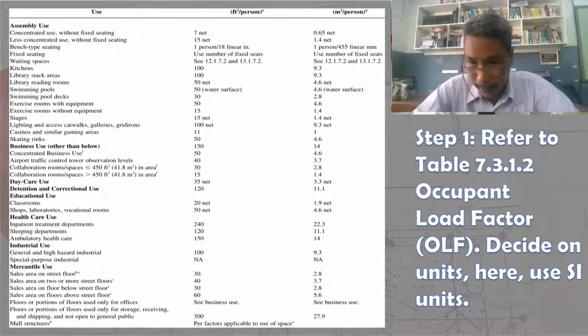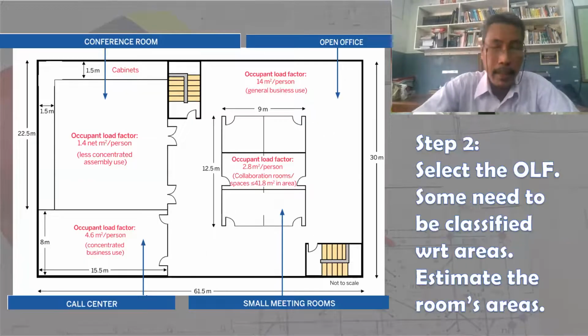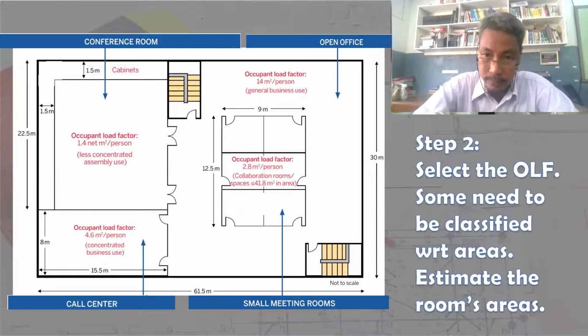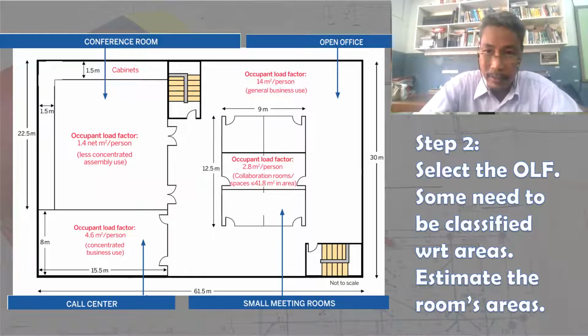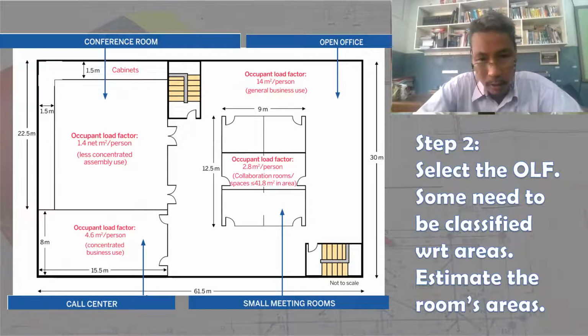So one by one, let us again select the overload factor, occupant load factor. So step 2, some needs to be classified with respect to areas. So we need to estimate some room areas in order for us to classify it properly, taking out the appropriate value from the table. For example, in this particular floor plan, we have occupant load factor for small meeting rooms,